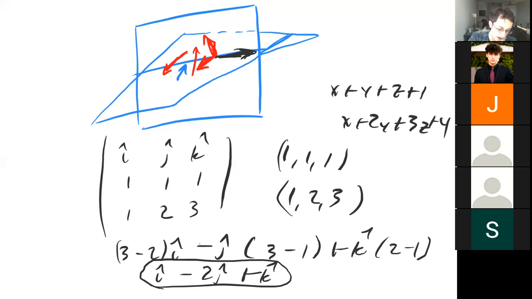We don't know where it lies. It could lie up here, it could lie up here. Right now, we've just written it so that it's at the origin, right? But in order to write a parametric equation for the line that's the intersection of these planes, what we're going